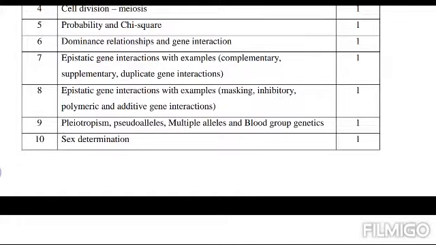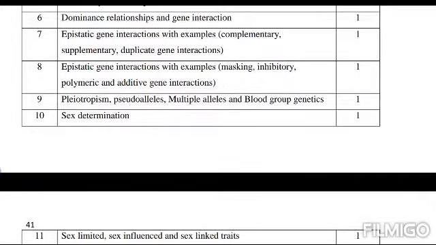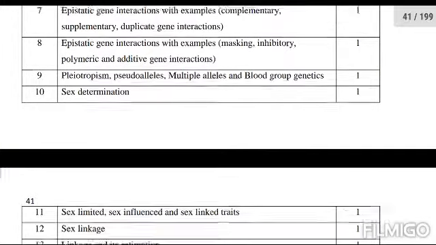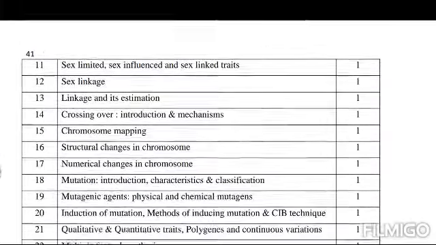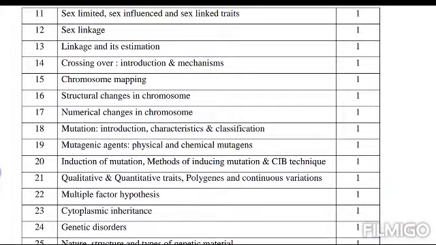epistatic gene interaction with examples of masking, inhibitory, polymeric and additive gene interactions, then pleiotropism, pseudo-alleles, multiple alleles and blood group genetics, then sex determination, sex-limited, sex-influenced and sex-linked traits, sex linkage, linkage and its estimation, crossing over, where the introduction and mechanisms of crossing over are discussed, chromosome mapping, structural changes in chromosome, numerical changes in chromosome,